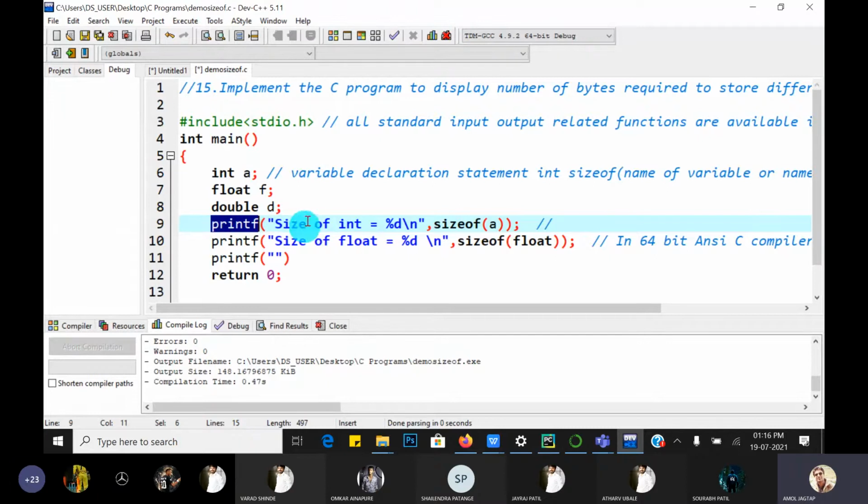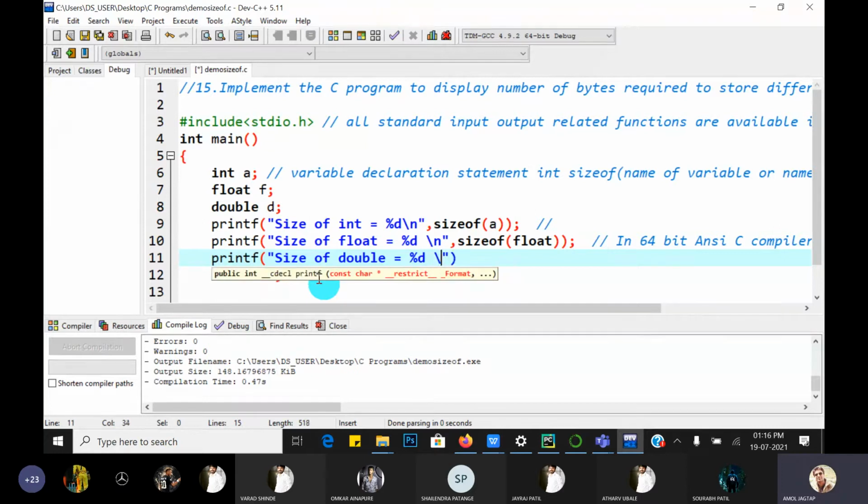This is called a function call, just using the name of the function and giving the argument list. Similarly, calculate the size of double is equal to %d\n, and again call the function, sizeof.